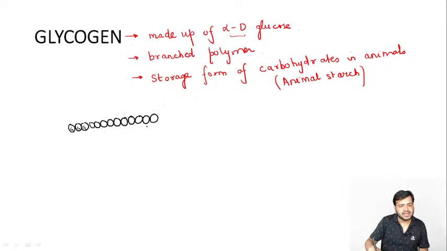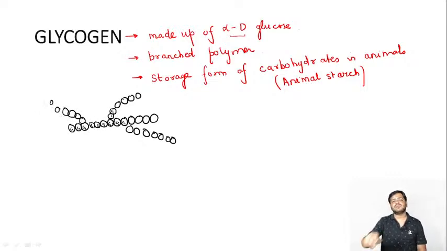Now it is a straight chain, but I am saying it's a branched polymer. So we will have other glucose molecules which are like this, like branched. You can see this is the glucose. All the glycogen is basically made up of glucose only. All single units of glucose are there. So remember